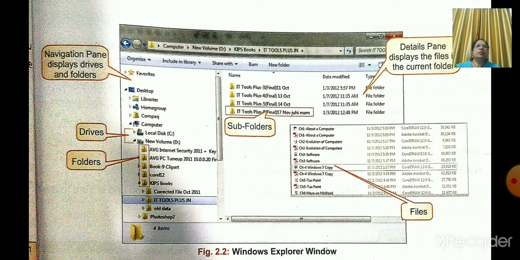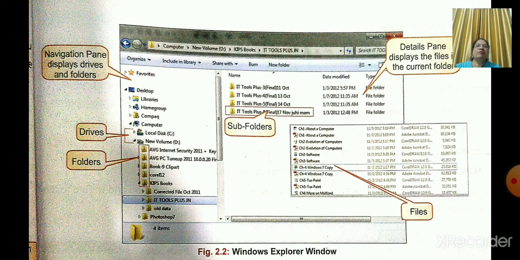Now, can you see here the Windows Explorer? The Windows Explorer is divided into two parts. On the left hand side you can see the navigation pane, which displays drives and folders, and on the right side you can see the details pane, which displays the files in the current folder and some subfolders.